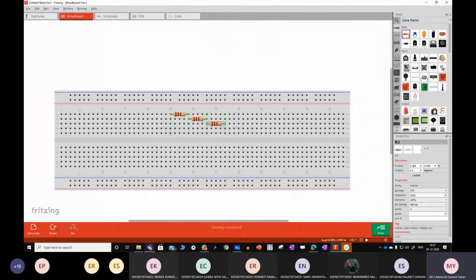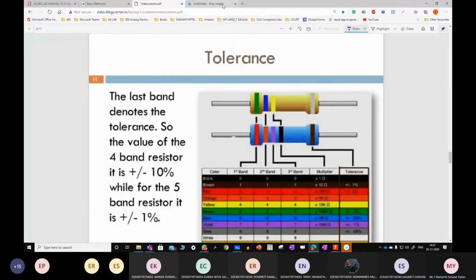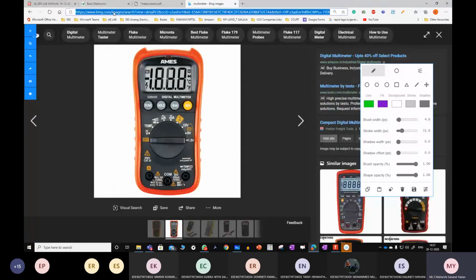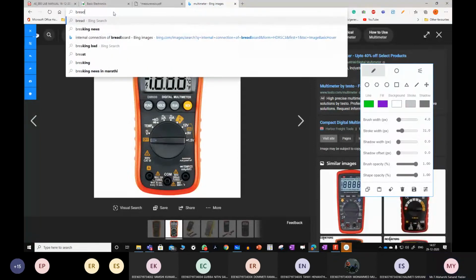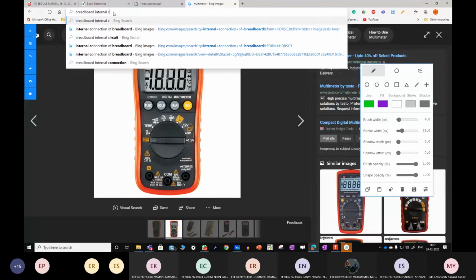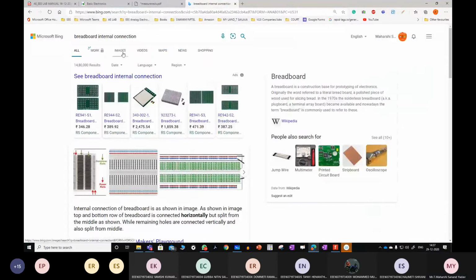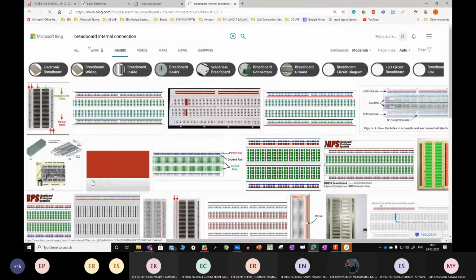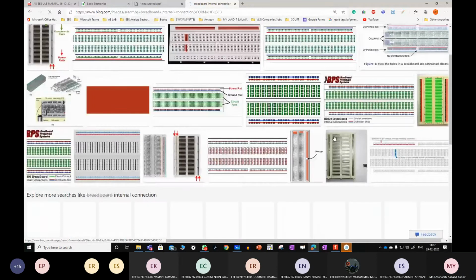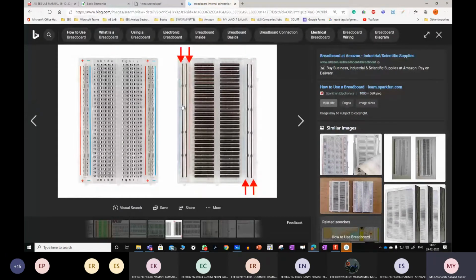Let me show an internal diagram for that also. See this, they're internally shorted here. Suppose you consider this as supply and this one as ground.